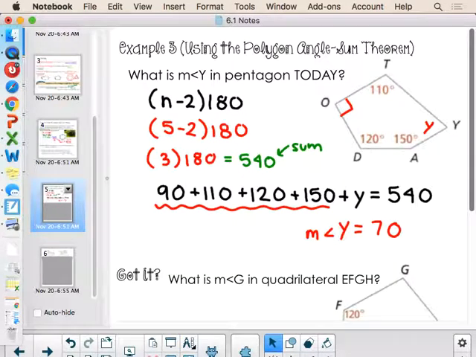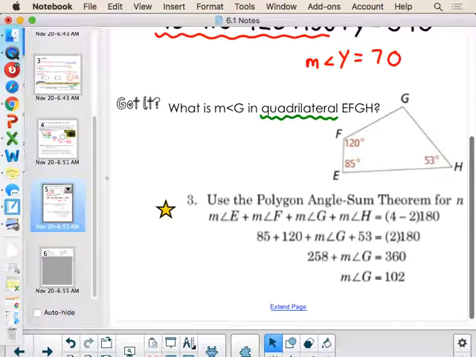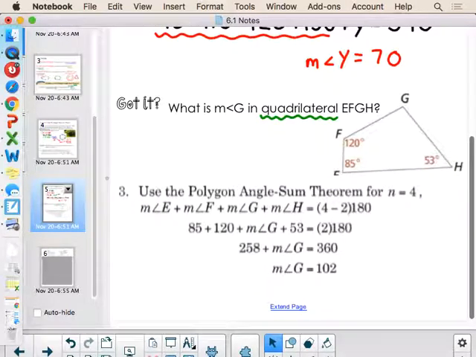All right, here is your turn. You're finding the measure of angle G in the quadrilateral. And I'm sure many of you already know what the angle measures of a quadrilateral add up to. This isn't one you necessarily have to show a formula for. All right, so if you did not get the right answer on Edpuzzle, please check your work here. You should have an angle measure of 102.